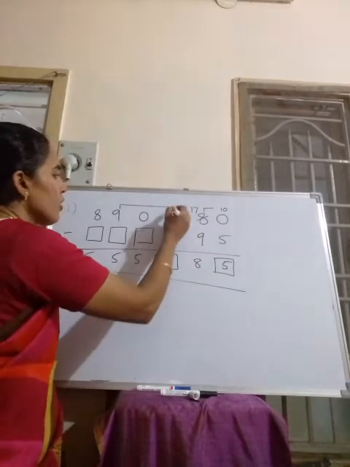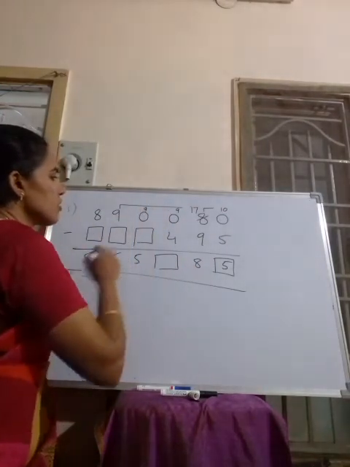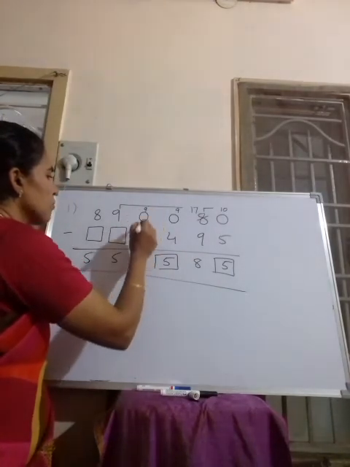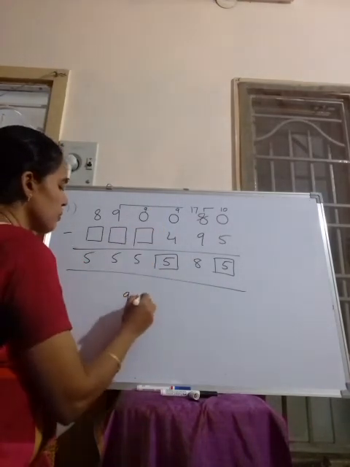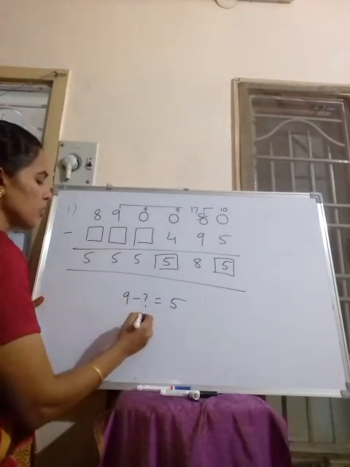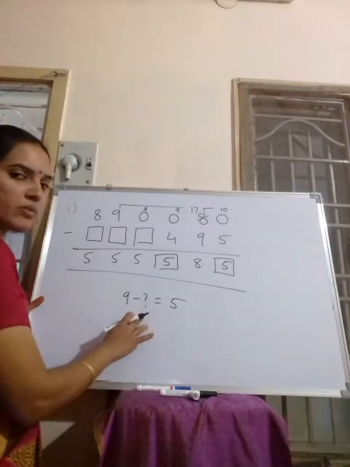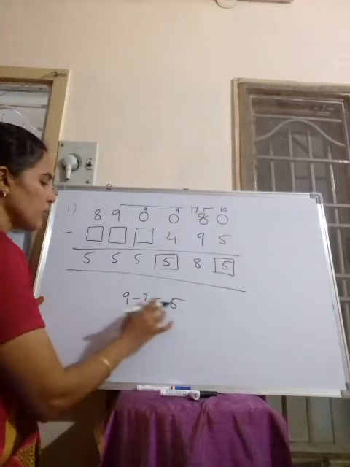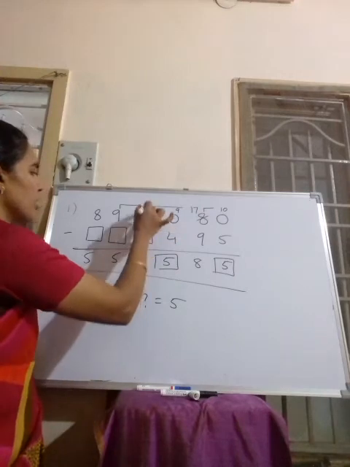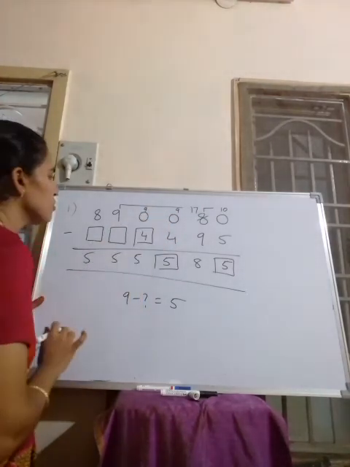Already given. Now the middle zeros, we know they are 9s. 9 minus 4 is 5. And 9 minus which number? 9 minus which number gives 5? What we want here, the minuend is given, we want the subtrahend. The subtrahend is nothing but minuend minus difference, that is 9 minus 5, that is 4. 9 minus 4 gives 5.